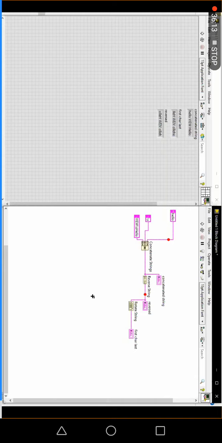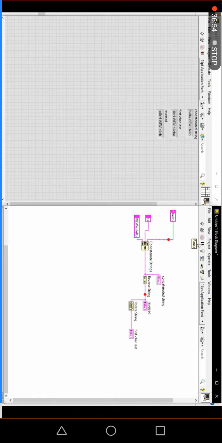Whenever debugging the VI, try to place breakpoints where you actually have the problem. Suppose you are developing code and the first half has no problem, don't put a breakpoint there, because if the code is big it will take much time. If you run the program, the VI will pause over there and highlight the wire as well as the function to execute. If you give continue, it will check whether any other breakpoint is available. If so, it will go to the next breakpoint and pause there; otherwise it will terminate your program.